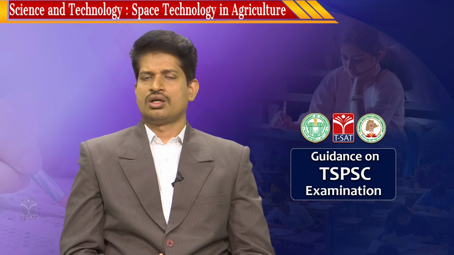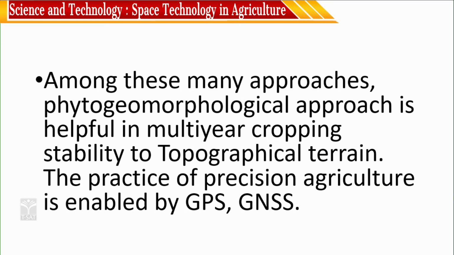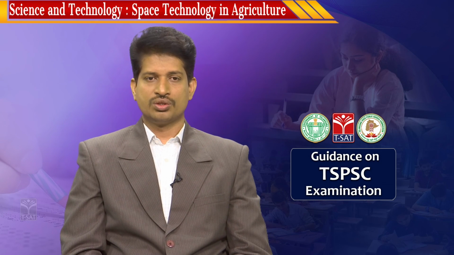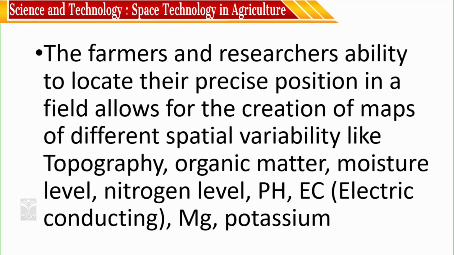This is done with the help of GPS and GNSS. So the global positioning system is an example of a navigation system. The navigation system which has been established by India indigenously, combined together, uses this technology for making a better decision support system for the farmer. So the farmers' and researchers' ability to locate their precise position in a field allows for the creation of maps of different spatial variability, like